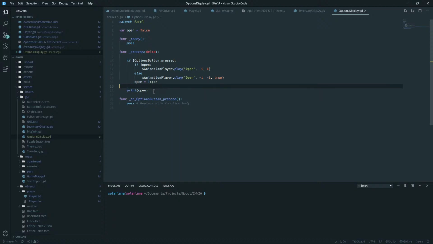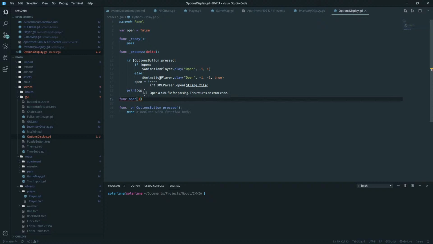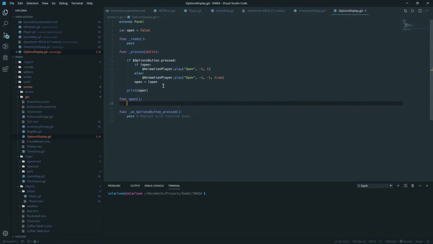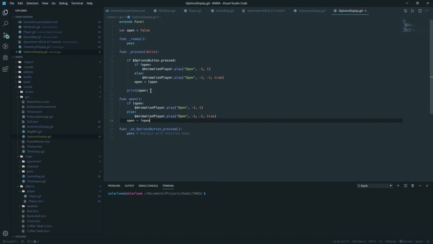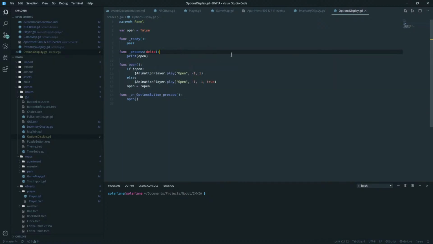Okay, so I'll make an open function that does this just because I don't know if this is going to be something I'll need to do from outside of this or not. So we'll just do something like this. Okay.